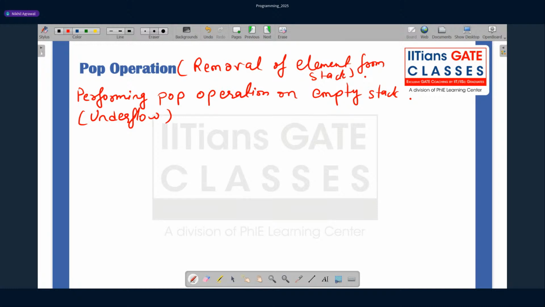Come on, how will this happen? I'm writing two things. One: top is equals to top minus 1 and then return input array of top.